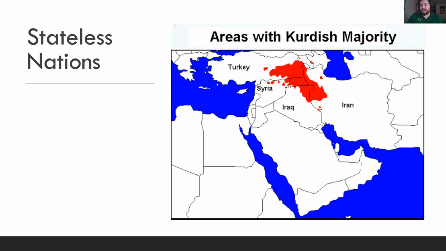We can also have nations that don't have a state at all, right? So lots of states are wanting to have their sovereignty, again, because you want control over your affairs, you want that independence over your affairs. But we have some nations who have a shared cultural identity, but don't have sovereignty in any capacity. The Kurds are one of these groups. So the Kurds, you may have heard on the news, they're a group from Southwest Asia with histories in Syria, Iran, and Turkey. And they have no say in governments for the most part. They had once a semi-autonomous region in Syria that is no more.